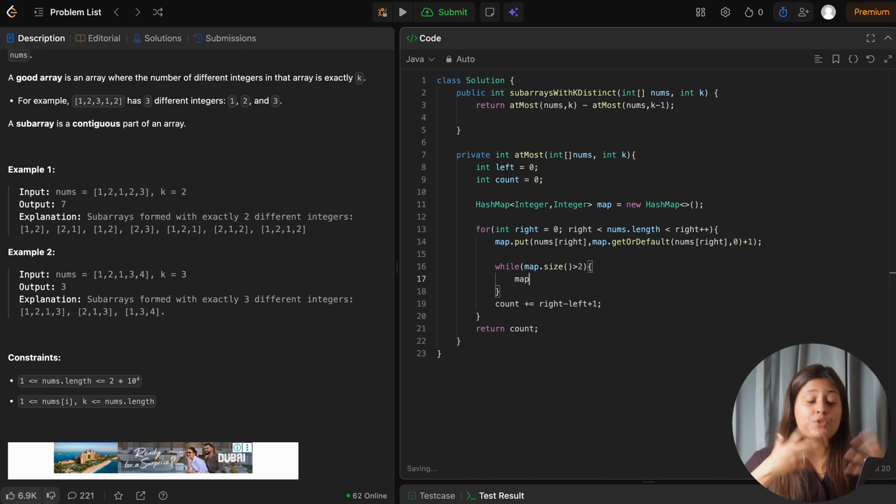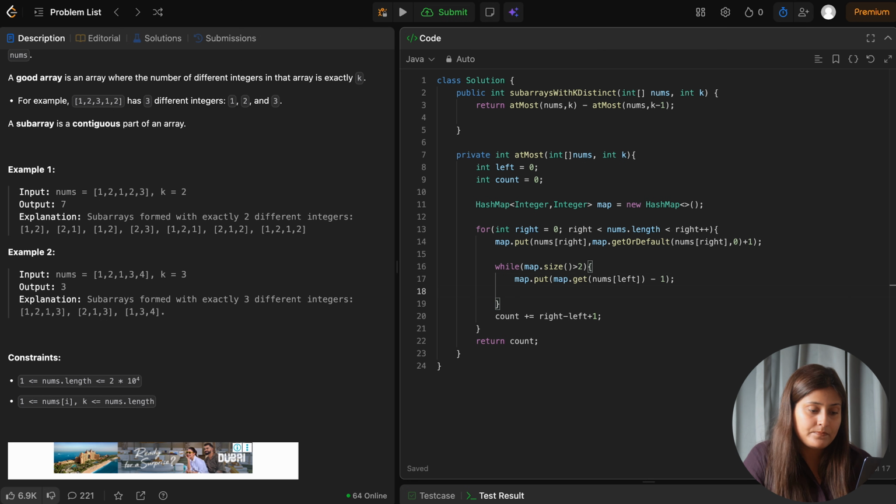Now what to do in the shrinking phase? In the shrinking phase, if you remember, we want to remove it, but first for the left value we want to decrement the frequency. So I will do map dot put, and what value I want to put: map dot get for nums of left, and then subtract 1.